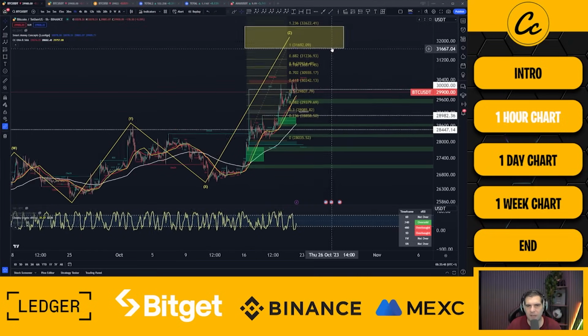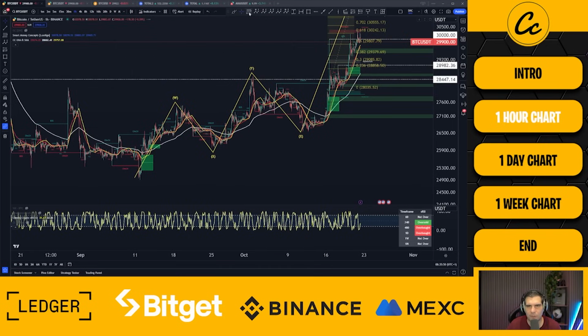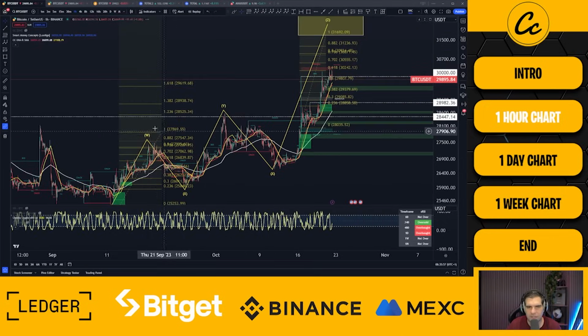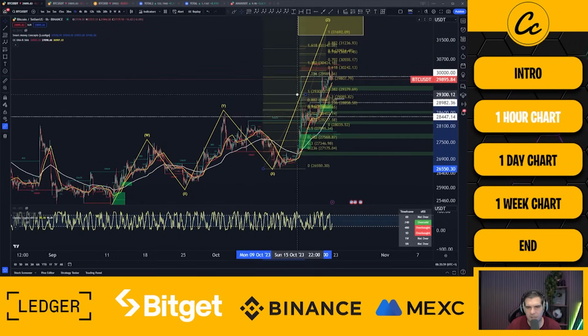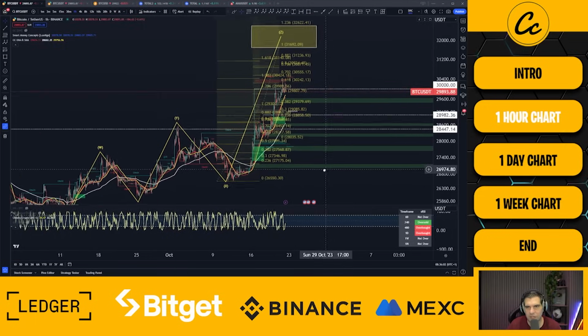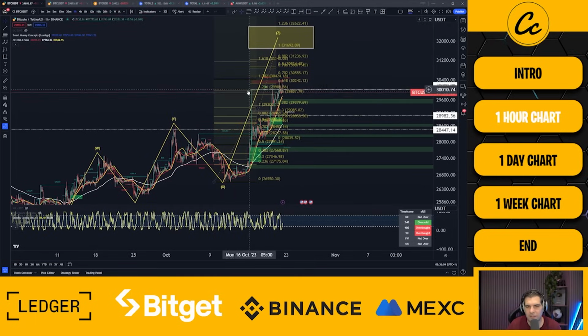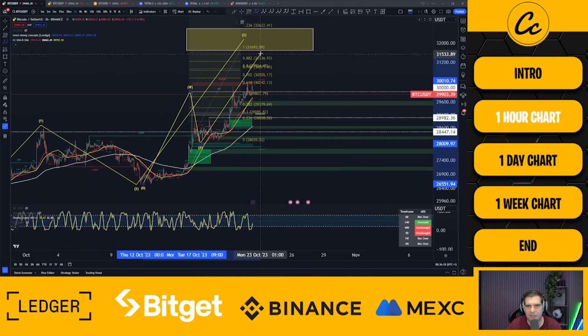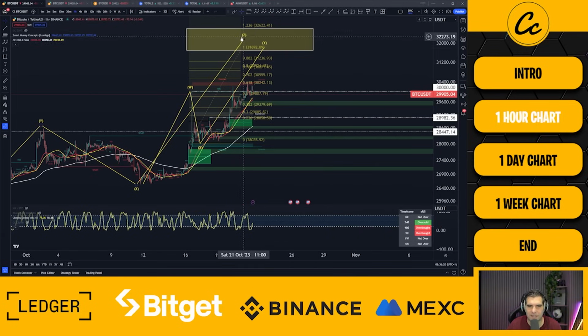It is going higher and much steeper than you would normally anticipate a Z-wave to go, because a Z-wave would normally be falling between the 0.618 and the 1.236. If I go ahead and just show you what that would actually look like, we should have topped out exactly on the area here for the 1.236, which is where we were predicting before. But considering everything that's going on here, it simply is what it is. And we now have to look at this more as a three-wave pattern like that. And it does look like the Z-wave is either taken up.